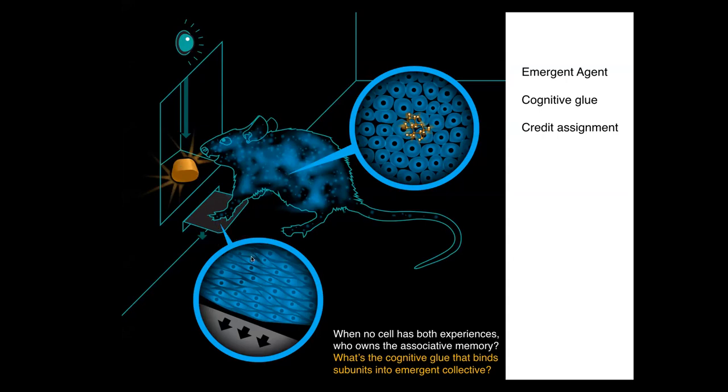And so, in order to understand who it is that owns that associative memory between these events, you have to realize that there's this higher level emergent organism. There's a kind of cognitive glue here that binds the individual cells into an emergent system that can store and process and act on these kinds of associative memories that do not belong to any of the parts. And there's a kind of credit assignment problem here. This organism needs to figure out what happened that caused that actual reward, and so on. So these are very interesting issues. And this scale up, this idea of forming emergent control systems from lower level components, is really fundamental to our architecture.